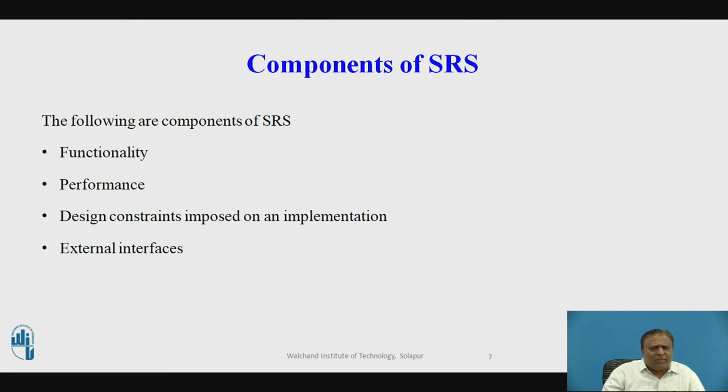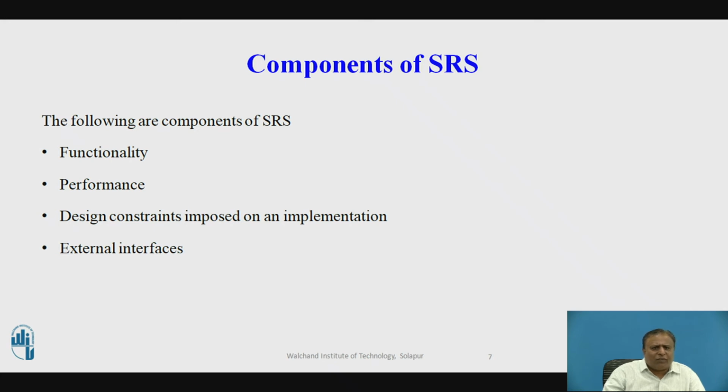Functionality of the software means what the software will do. Required performance level means performance such as response rate, recovery rate, etc., of the software. Design constraint means any operating system limitation, for example, stock exchange software that only runs on Windows, implementation language, etc., that will affect or limit the design of the software. External interface means how the given software will interact with the hardware, other software, and assumptions on these entities.